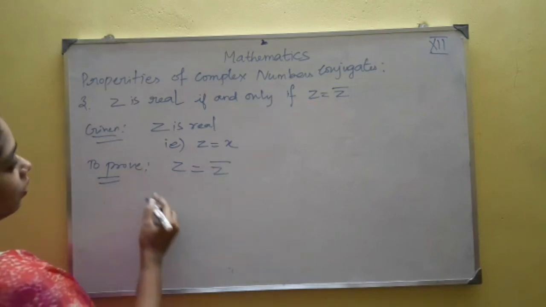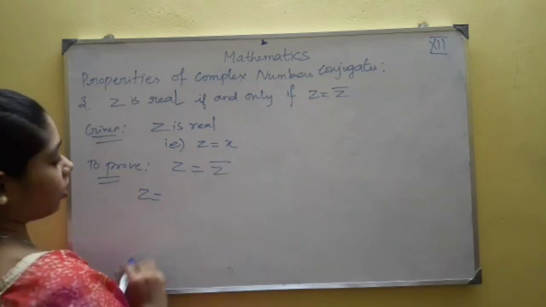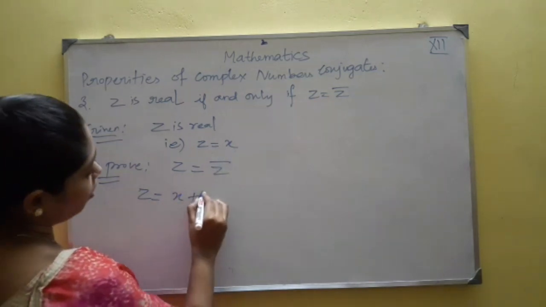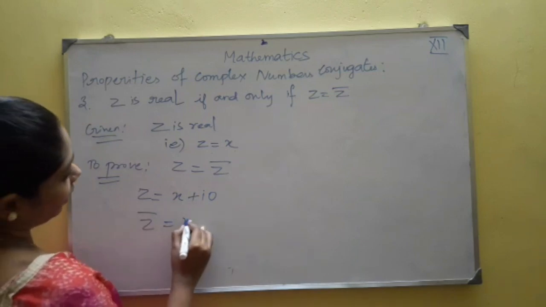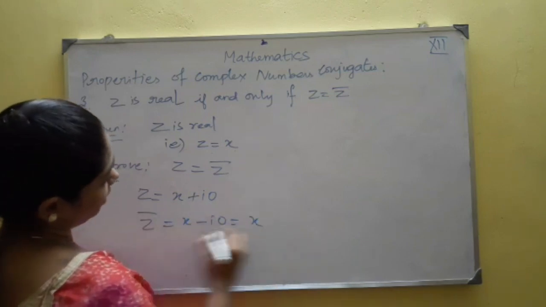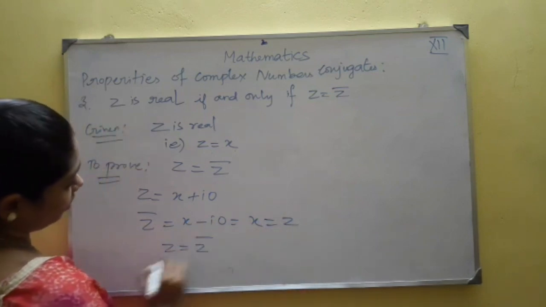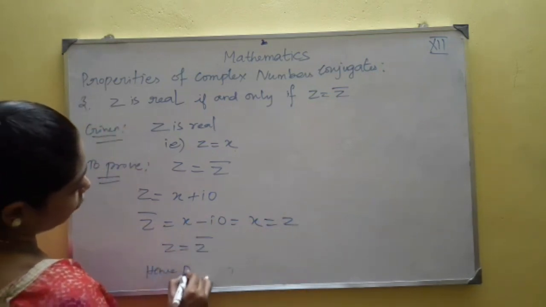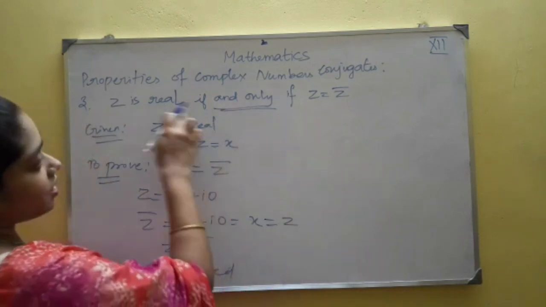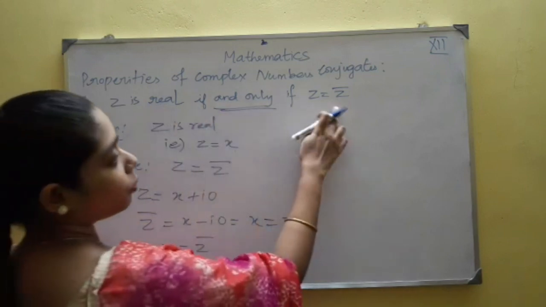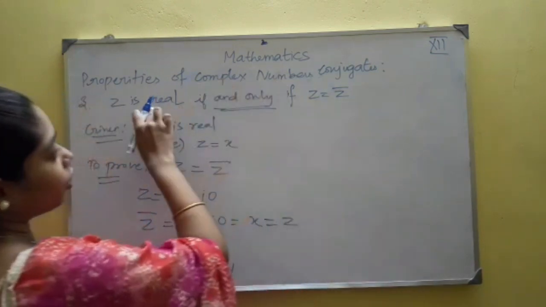Okay. So z can be written as a complex number. Here z is given as x. Okay. I am going to write this as complex number x plus i0. Now what is my z bar? X minus i0, which is again my x. So which is again z. So z equal to z bar. Hence proved. If and only if means in the first step you take this as given to prove this, and in the second step you take this as your given and you want to prove this.